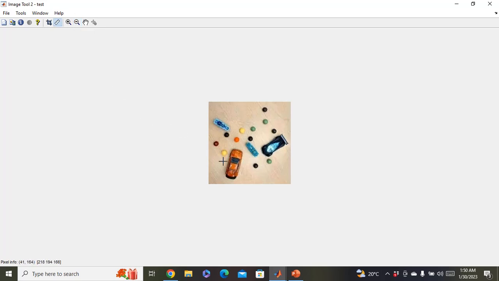Once you click on this icon here, and then you want to measure the distance of this toy from here to here, you can see that as I pass, the pixel info is being shown as you move the cursor. You can be able to see the number of pixels there shown. So I can be able to determine the length, okay, and then maybe the width. Okay, so it will help you to measure,